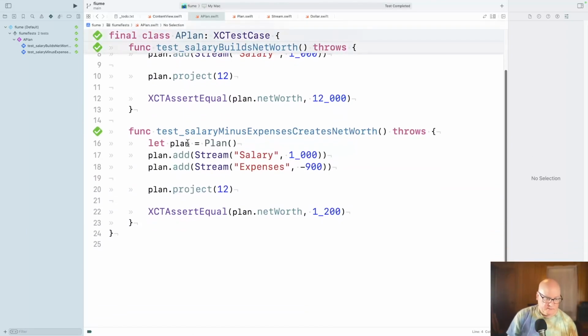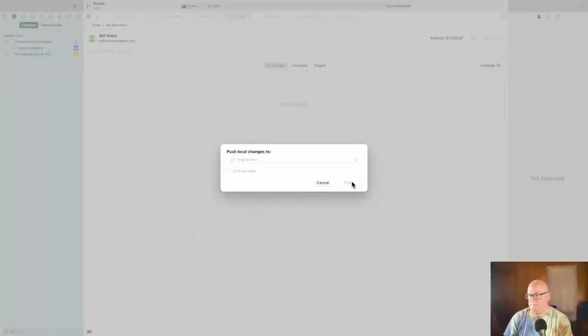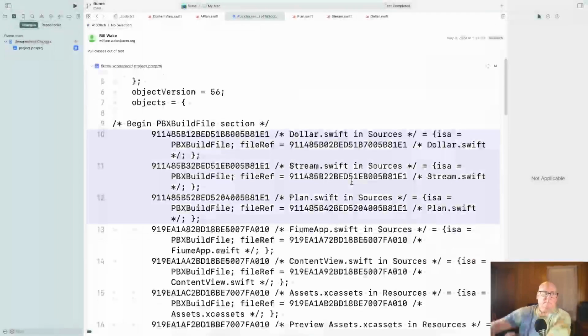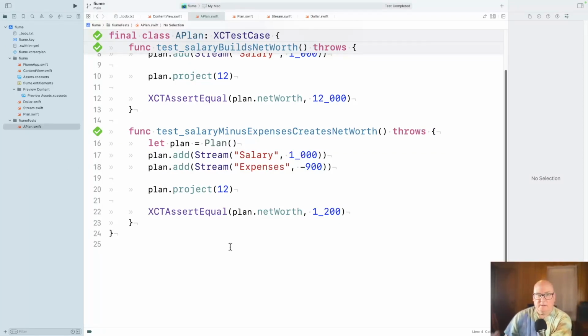Now, let's commit that. Not sure why it's showing me that, but okay. All right. So,